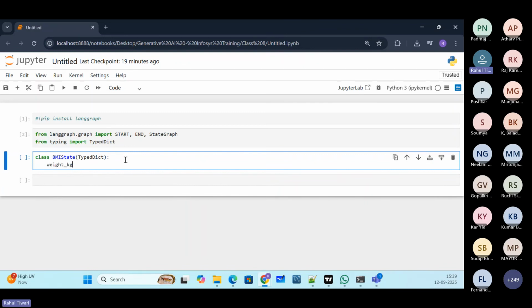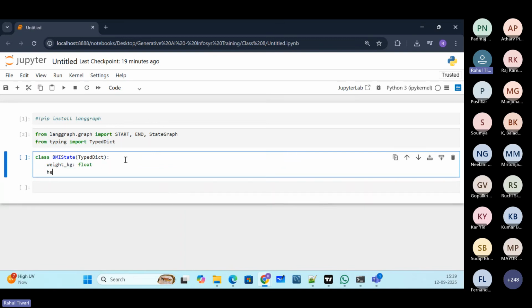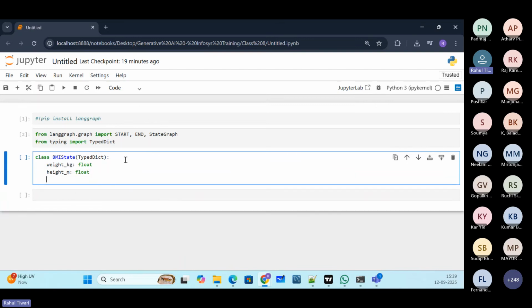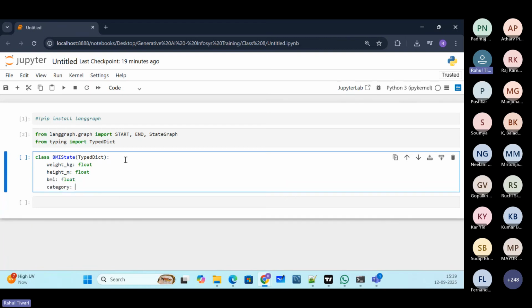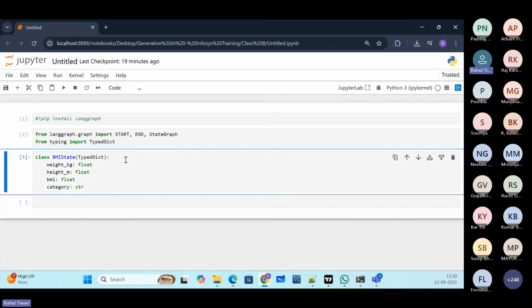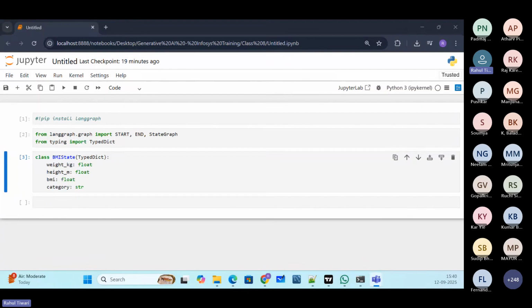Weight underscore kg is my float. Height underscore meter is a float as well. BMI also will be a float. And finally category, which will be a string, right? So this is the state which I am defining, where the user will pass the weight and the height. Based on the weight and the height, the BMI will be calculated. And once the BMI is calculated,